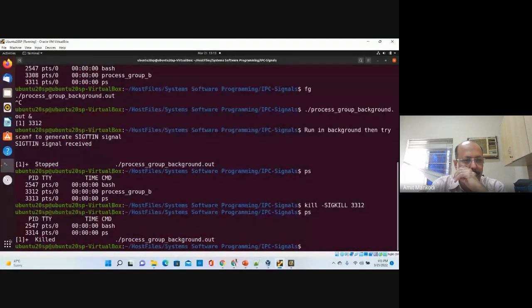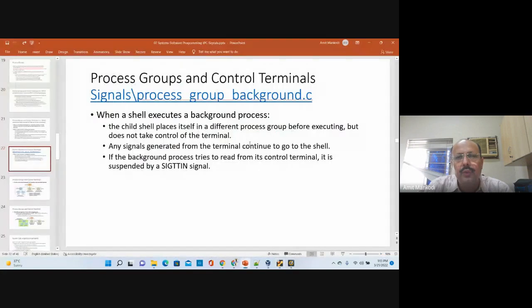And so now the process is gone, right? So the process is killed. This is one example where I showed you that the background process does not have access to the terminal, or specifically the standard input device. Now I'll show you two more examples